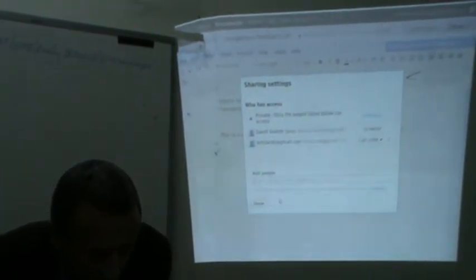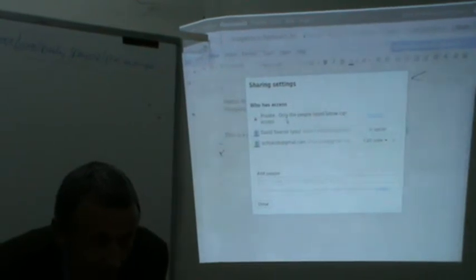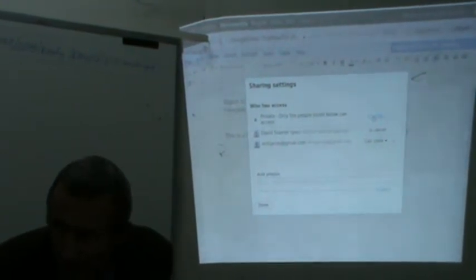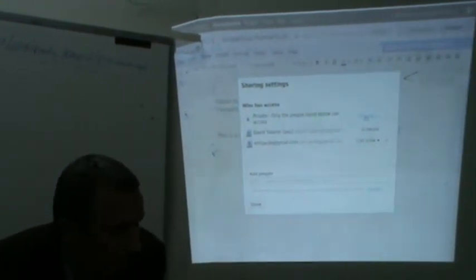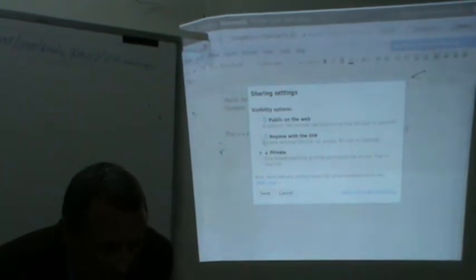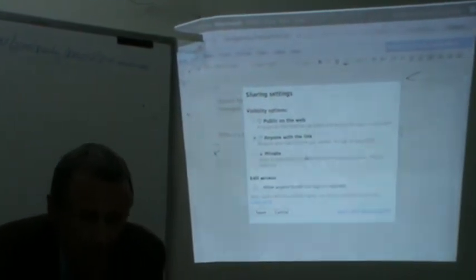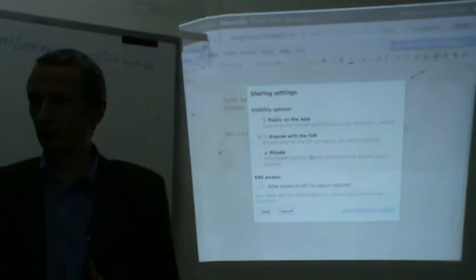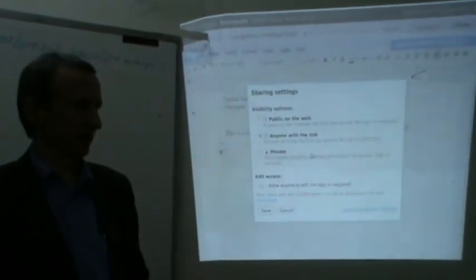Fine and well. Now this is set to private access. The document is private, which means only these two people can see it. You can also see there's no link to the document, so it's not possible for someone to see the document the way it is. If I now change that, there is the private setting, which means only the list can view it. Then there's the anyone with the link option. That one says that anyone who has the link can view that document.